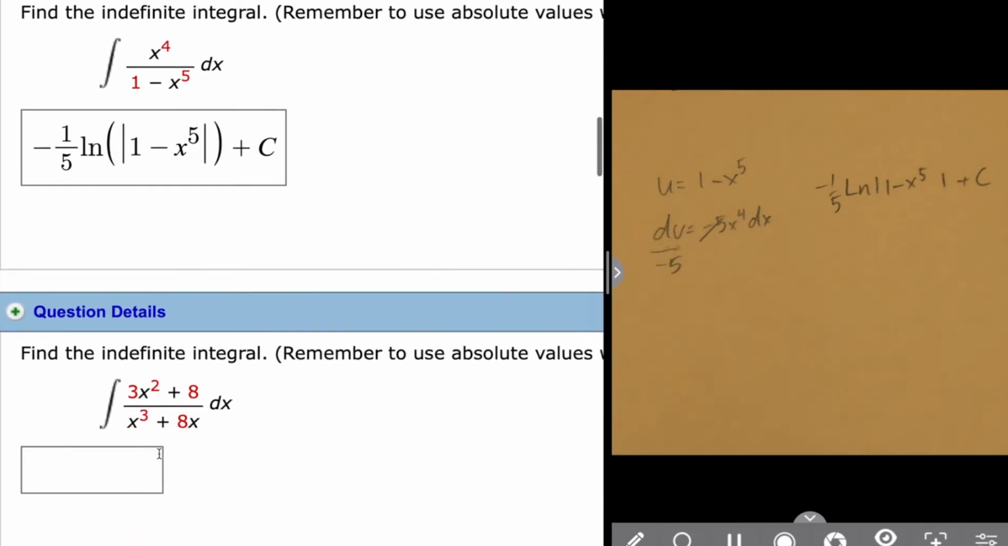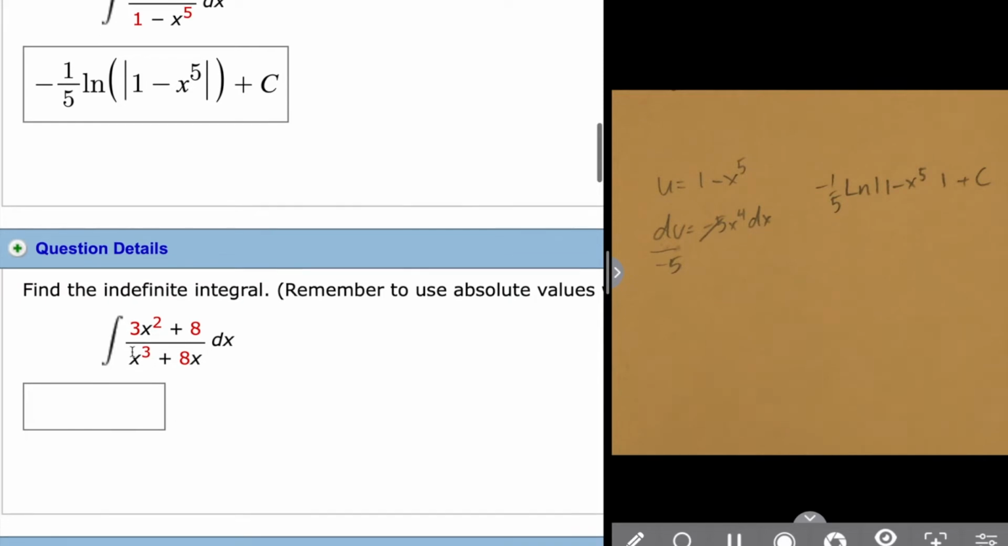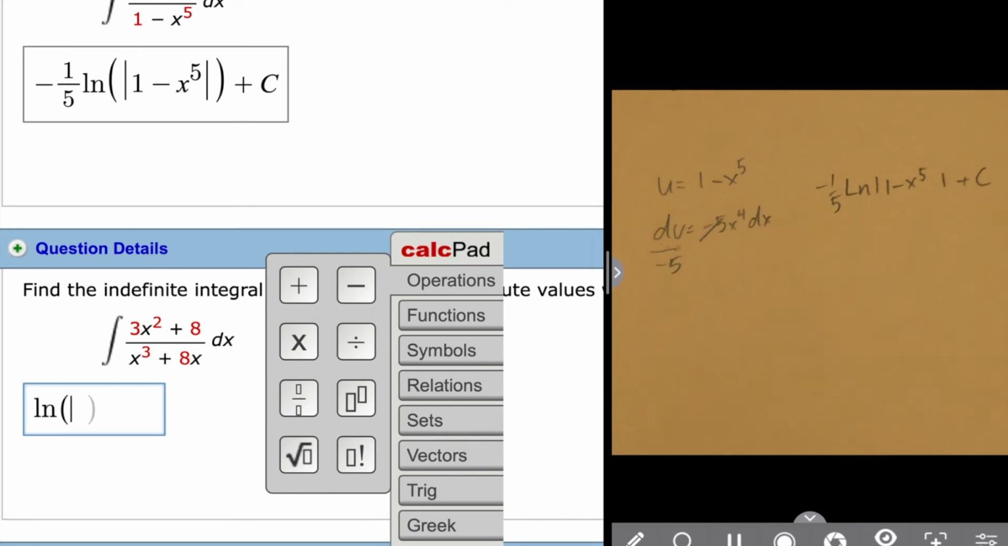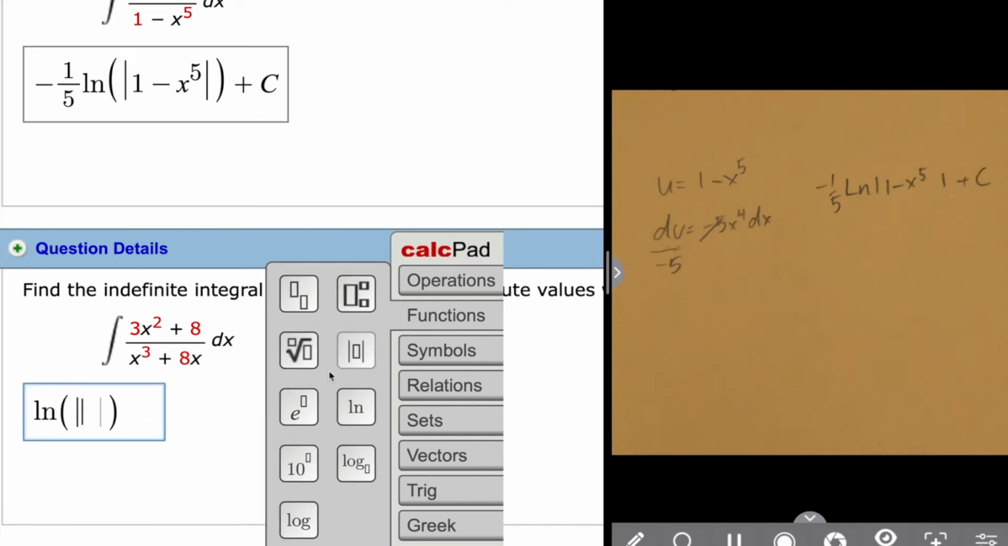All right. Up next, this one I'm going to do even faster because although the algebra is more complex, look at your denominator. And what do you get when you derive your denominator? You actually get your numerator exactly. There's no extra multiplying or dividing number. I get literally my exact denominator derived in my numerator. So this is a great ln situation. It's literally just ln absolute value of my denominator